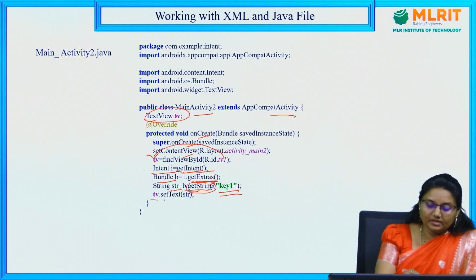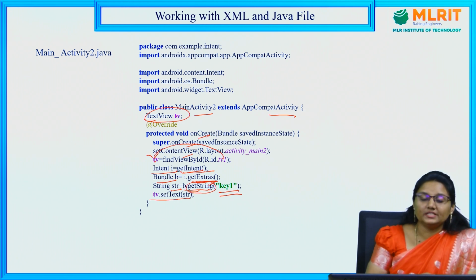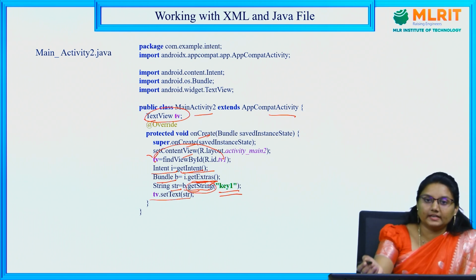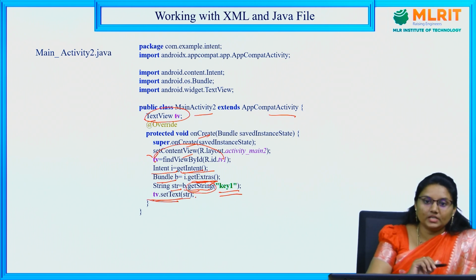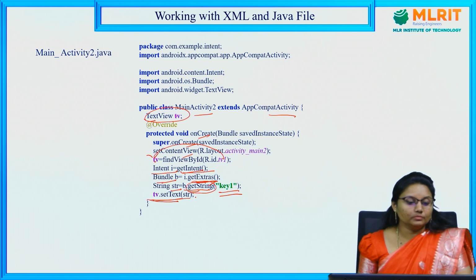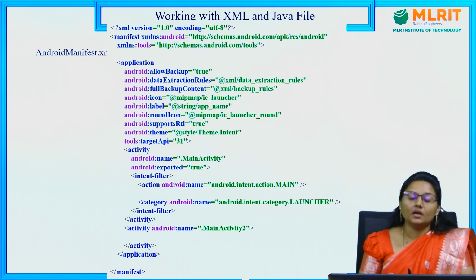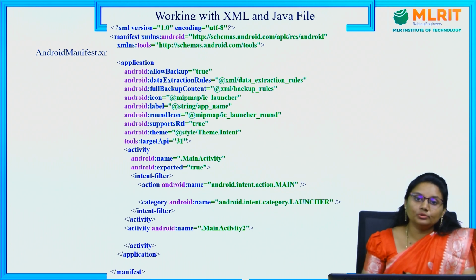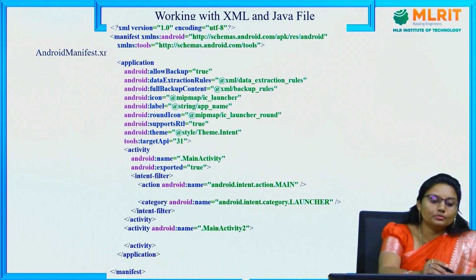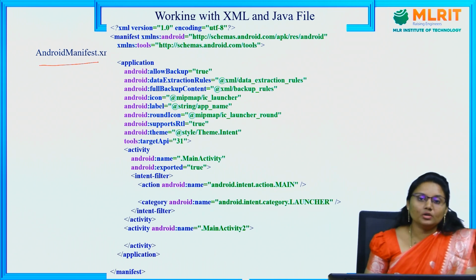Then tv.setText. Now what is the text that you need to set in your second activity? Whatever text you have given in the first activity. So for that you give setText of str. So this is about both the activities and the two MainActivity.java files, and for these two to get bound,